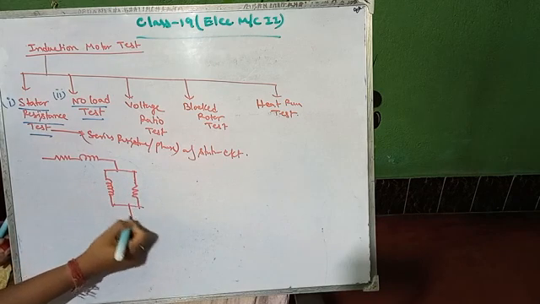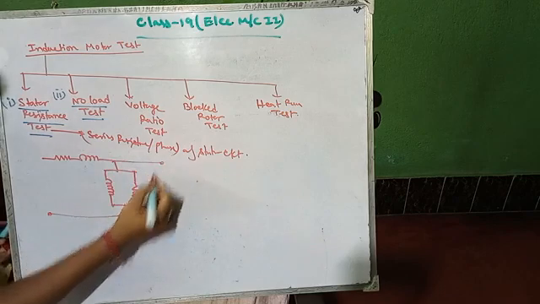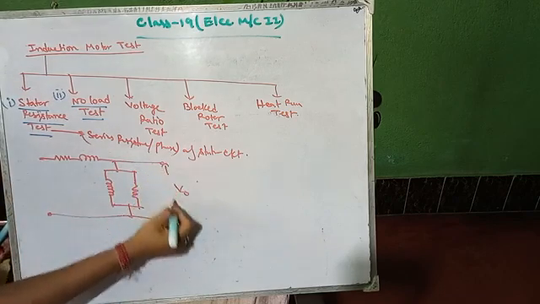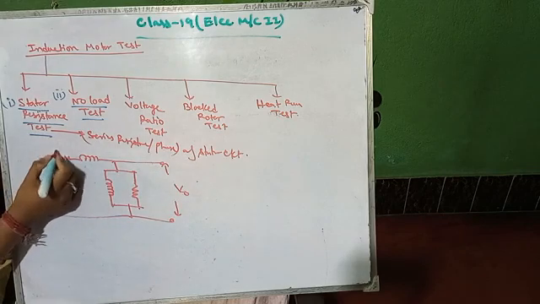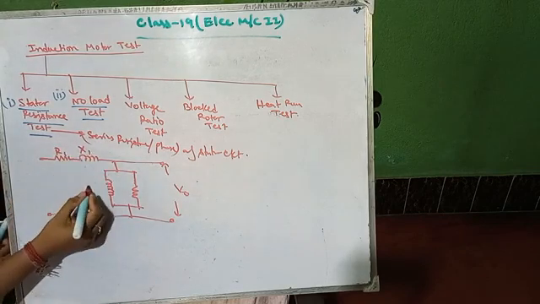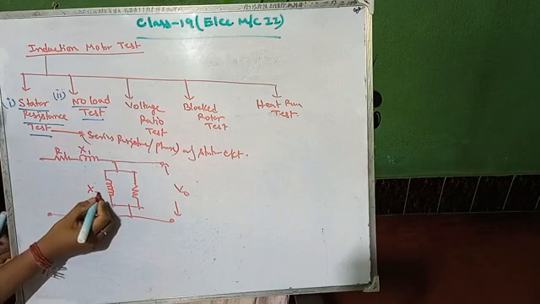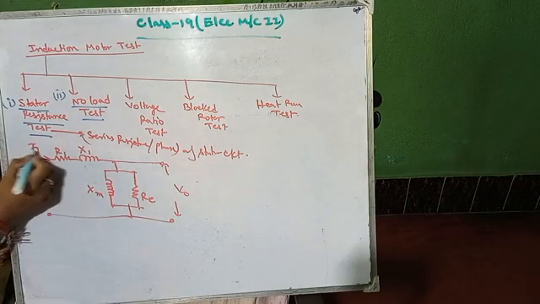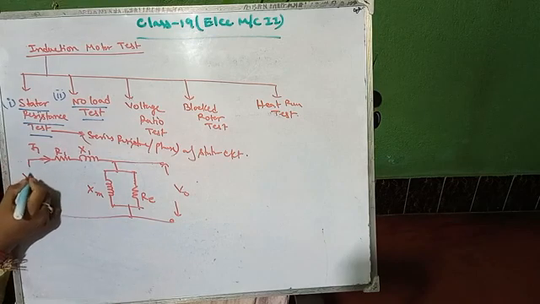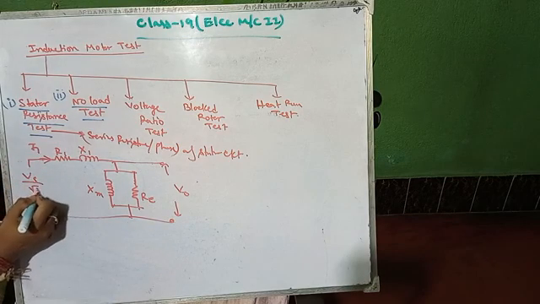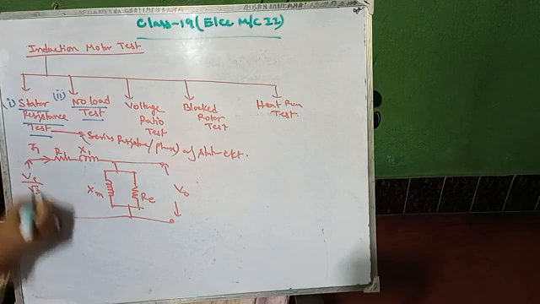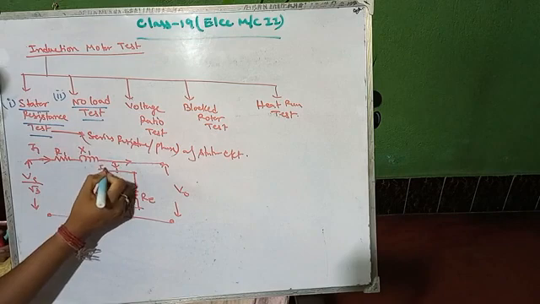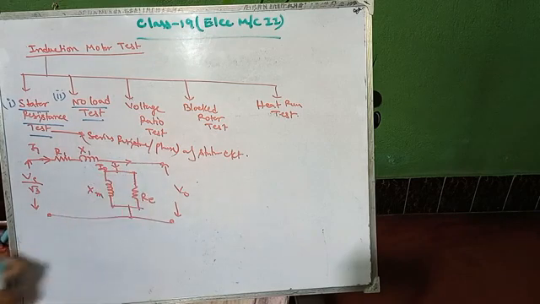It will look like this. Okay, this is the primary side, right? So this is your V0, open circuit voltage. Okay, so this is your R1, this is X1, and this is XM, and this is RE. Suppose I1 current is entering. So here per phase voltage, that is Vs by root 3, is given. From here no current will flow, that is I naught. Total current is transferring from here.